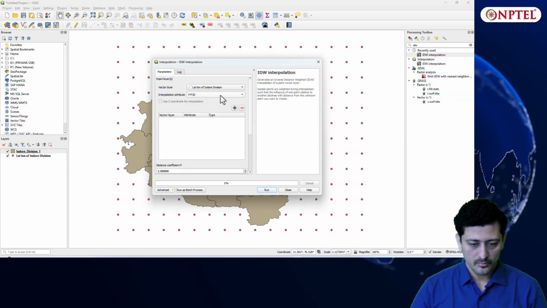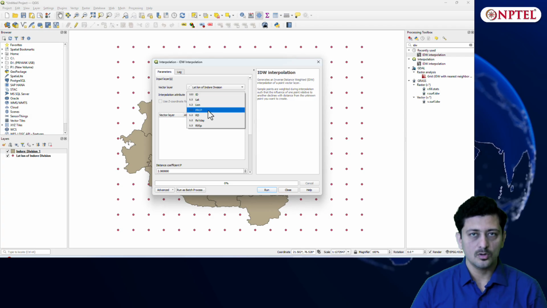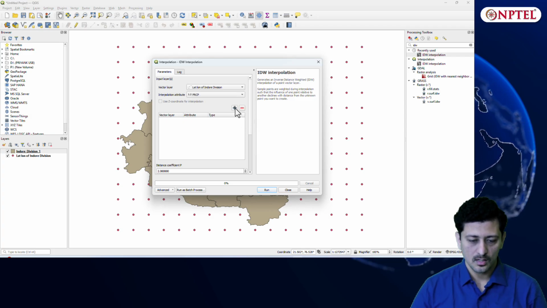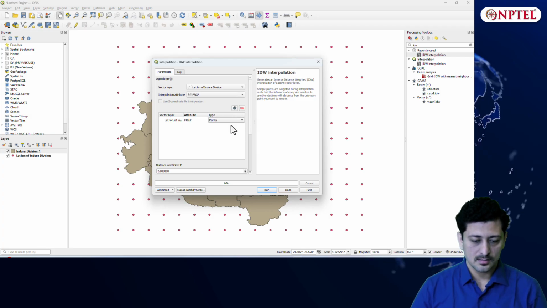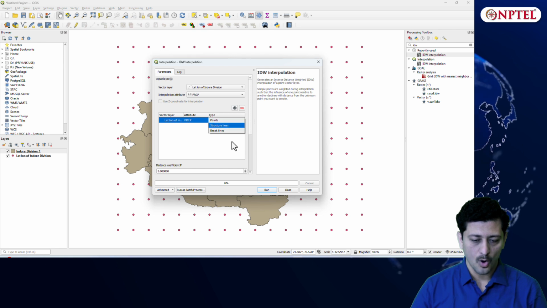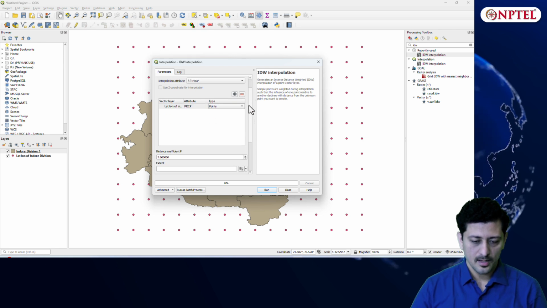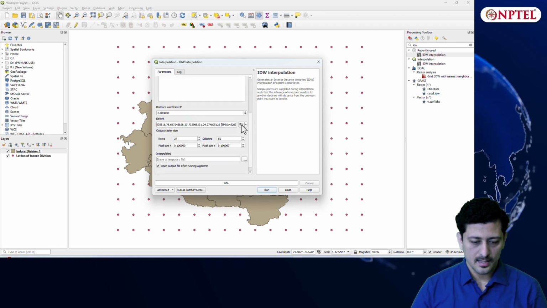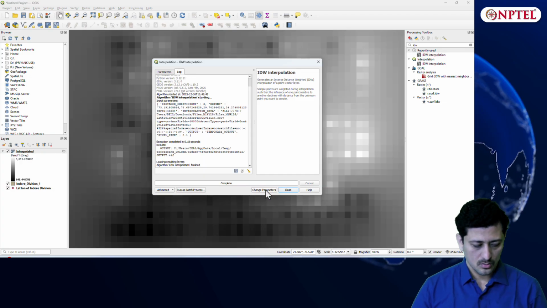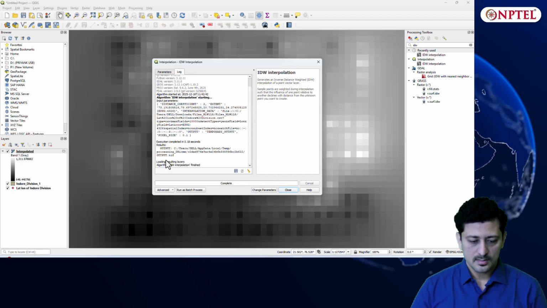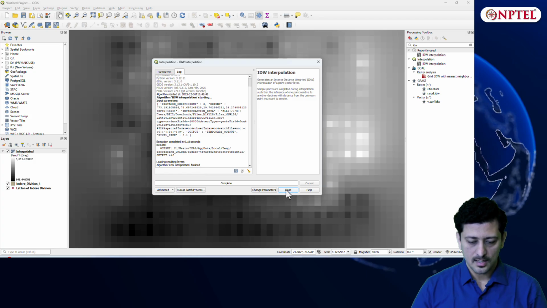Interpolation attribute is PRCP, that is total rainfall. I'll add that. It is a point shapefile, then I'll select the extent and click on run. Once this is done, you can see that all layers are done.